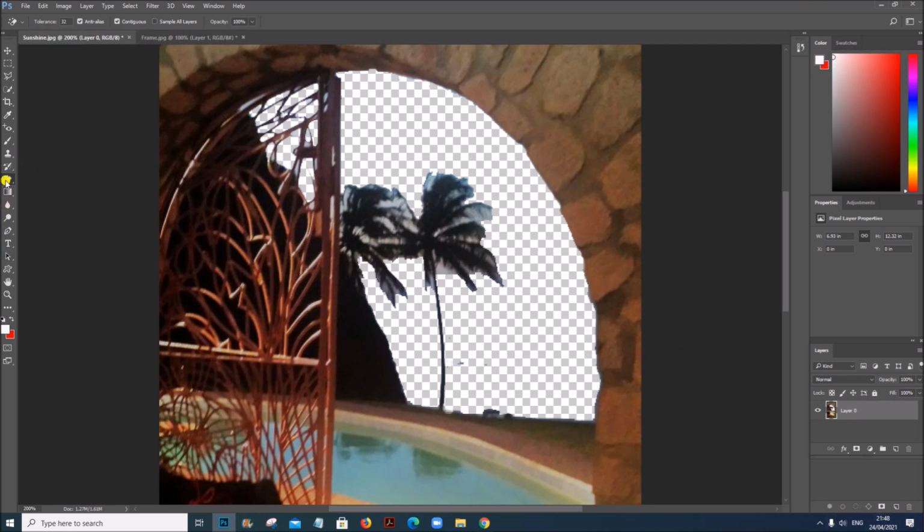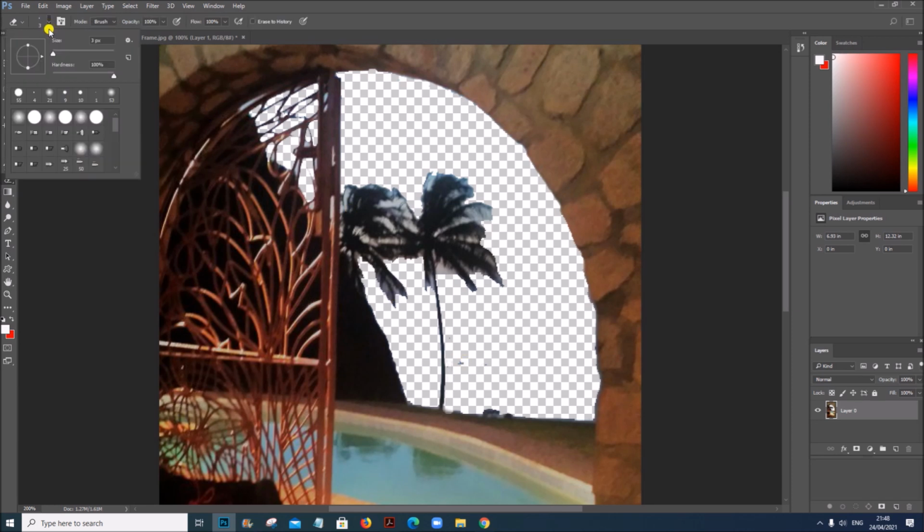Now let us use the normal eraser tool to remove the other parts. So click on the eraser tool. You can increase the width of the brush a little bit.